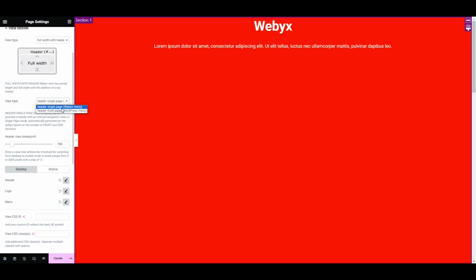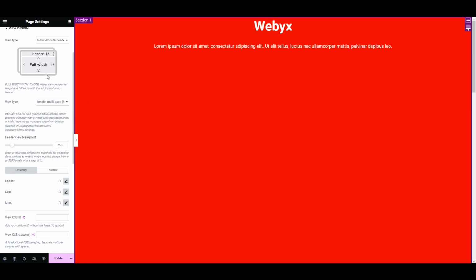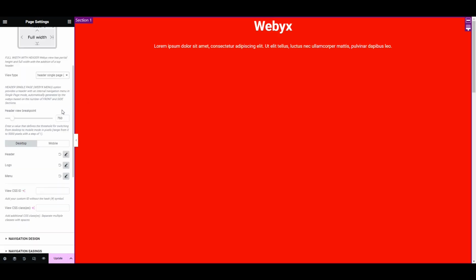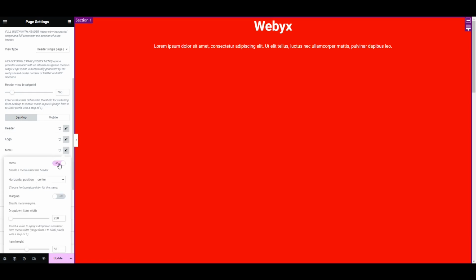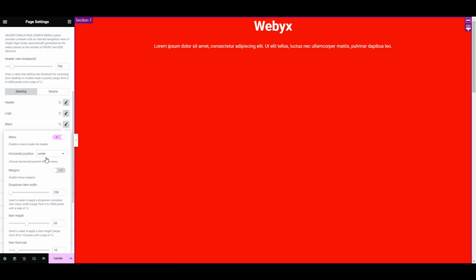You can have a single page or multi-page mode. Single page, for example, has a Webyx menu to jump around different sections, and multi-page is a menu managed by WordPress. Let's see some options for our header here. You can set the height, the color of the background, you can put a logo, or enable a menu,